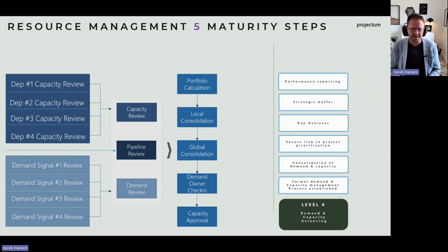So based on the capacity review, here we know exactly how many people are available by role, by department. In the demand review, we know exactly what project needs what resources at what role, at what timing. That could be hours by month, hours by week, but we have the clear capacity and the clear demand picture. Now we will merge those two pictures together in a local consolidation, and we will find out where we